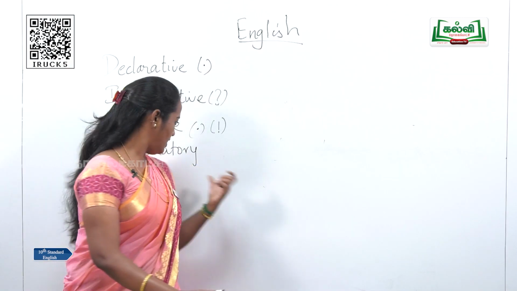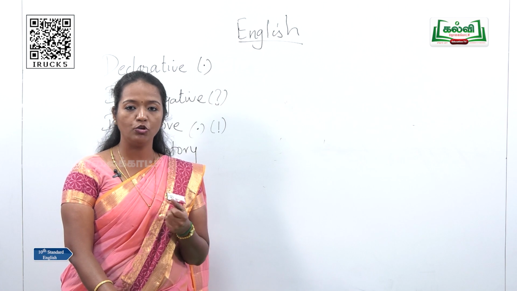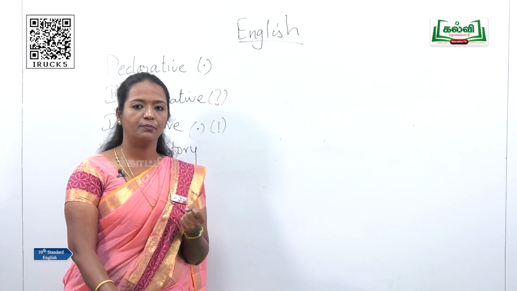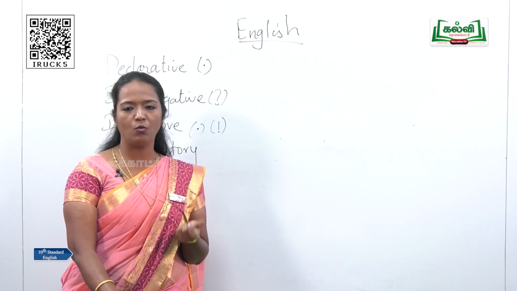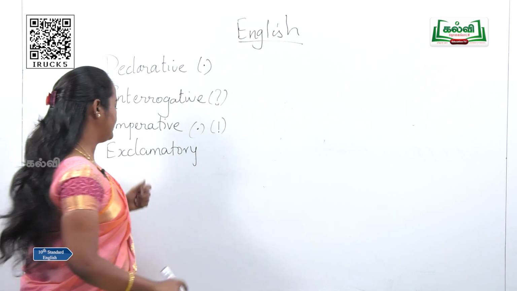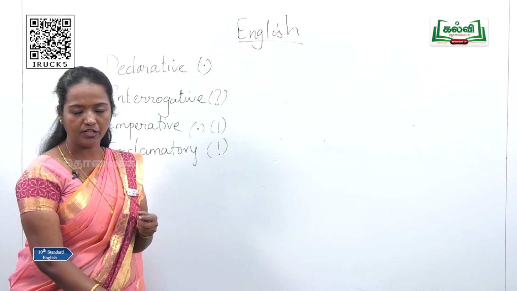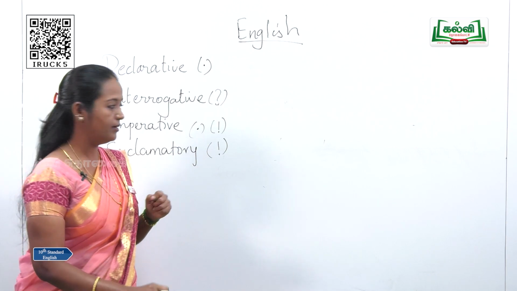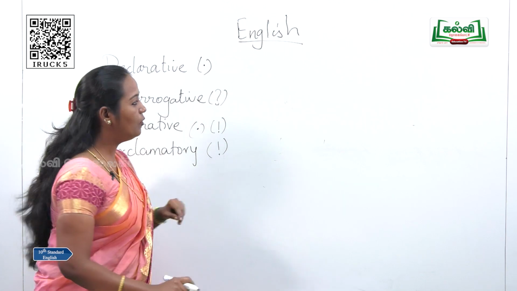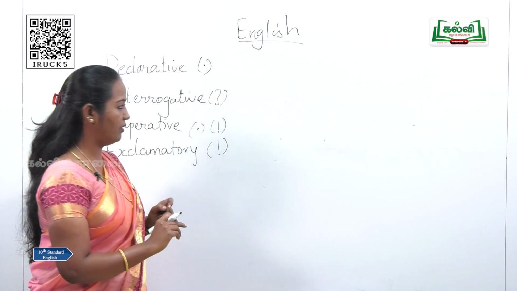In these types of sentences, we express our strong emotions and feelings like happiness or sadness, anger, joy, or whatever. So those kinds of sentences are known as exclamatory sentences, and they end with an exclamation mark. Okay. Now you are clear with these types of sentences, children. Now I'm going to write a few sentences here. You will have to identify what type of sentence each is.